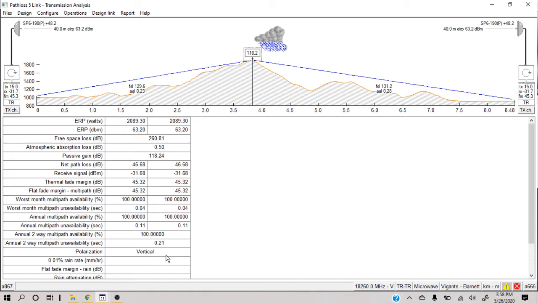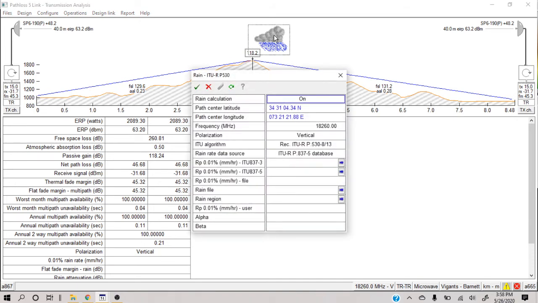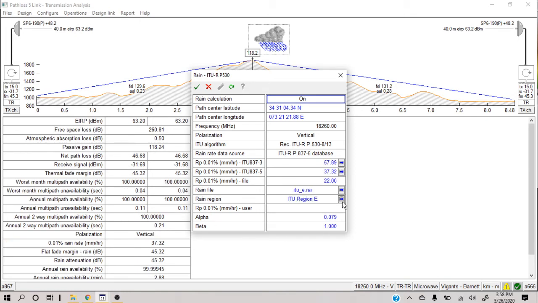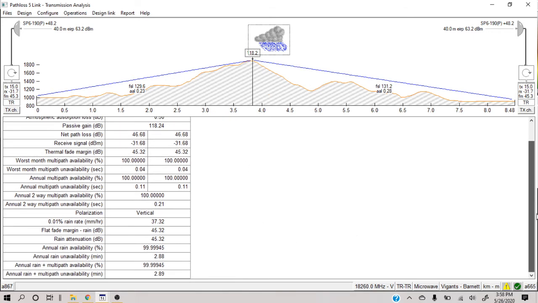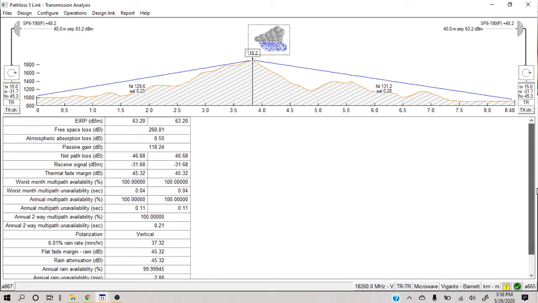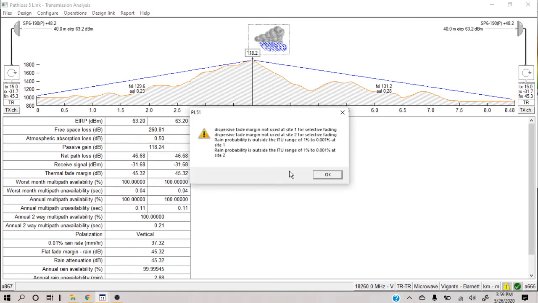We see here that things are not complete, because once you add two different areas, path loss wants you to verify the rain region again, because maybe with any change you want a change in the rain region. So here we can see that we have found 999 with the help of a very big passive reflector. One thing is very simple: the main reason is that the equipment we are using doesn't have the specified margin value.